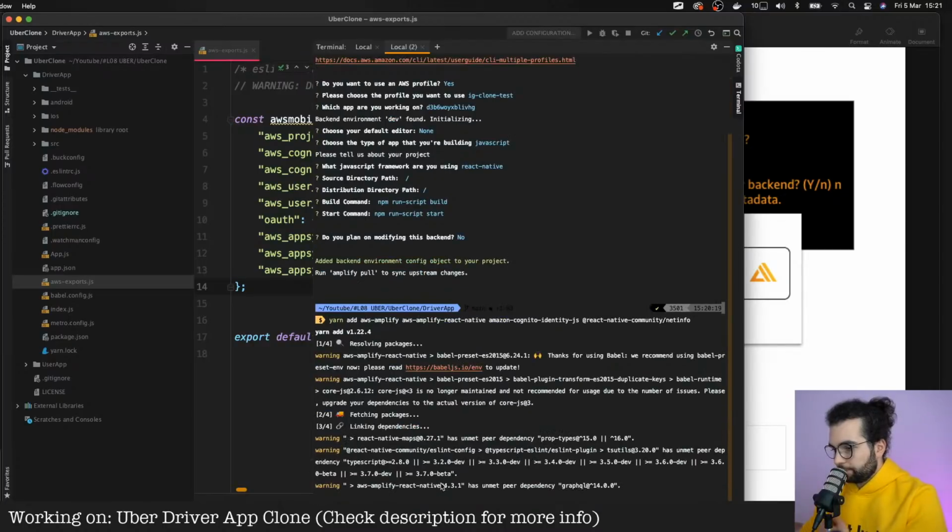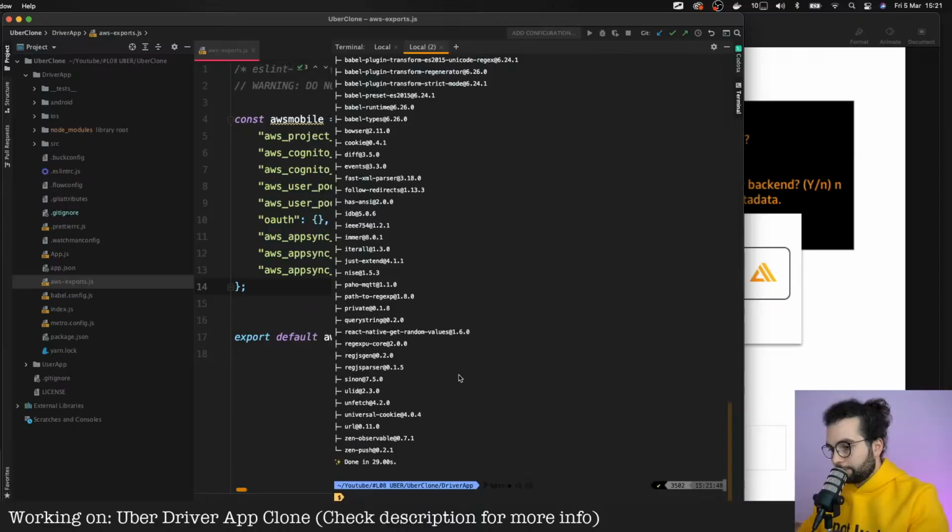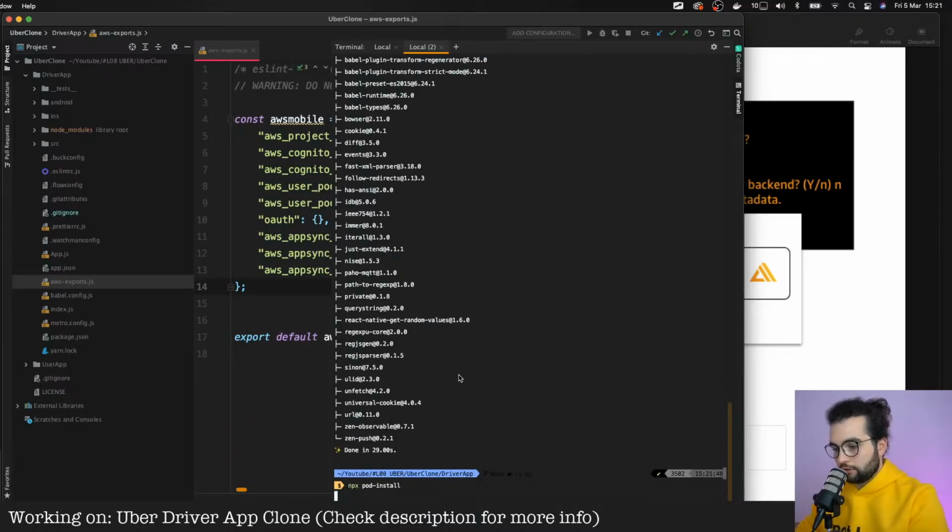Yeah, the dependencies are installed. Then we can install the pods, and that's only if you're building for iOS.